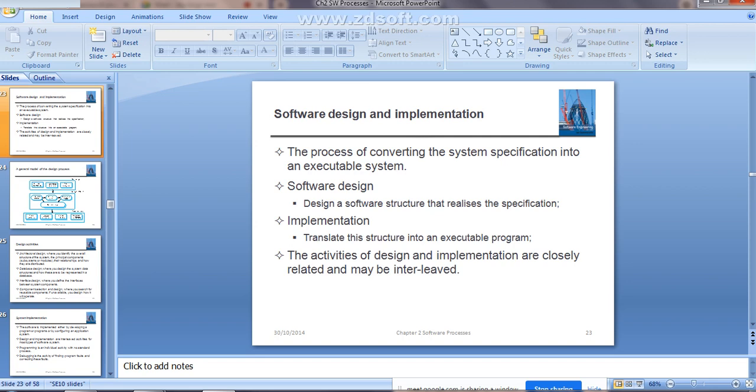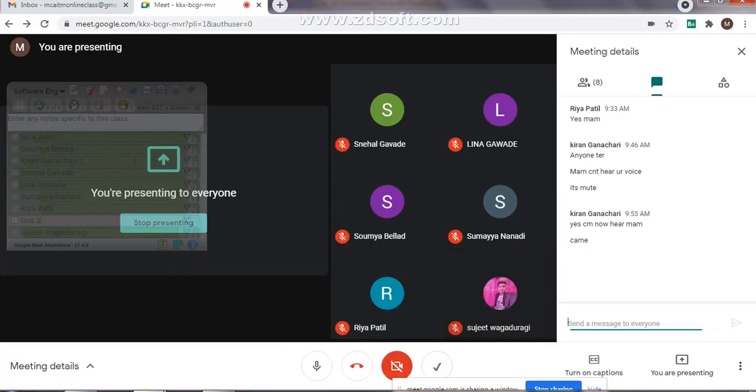Can you execute the algorithm? Is it possible? What is an algorithm? Guys, what is an algorithm? Step by step procedure, ma'am. Step by step procedure for what? To solve the particular problem. Yes or no? A step by step procedure to solve the particular problem.